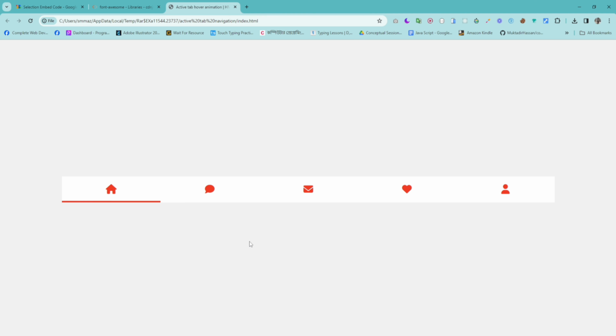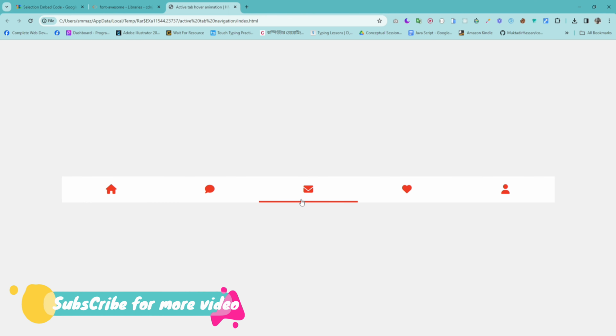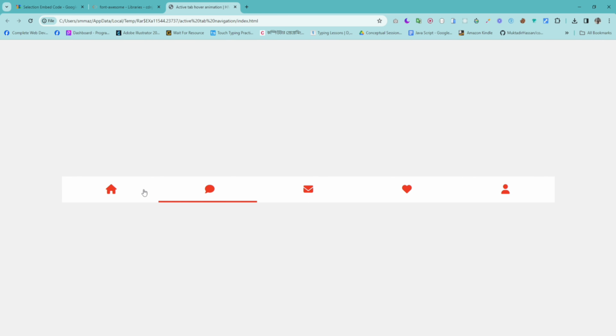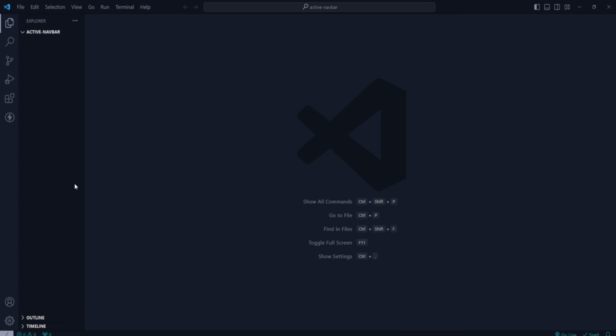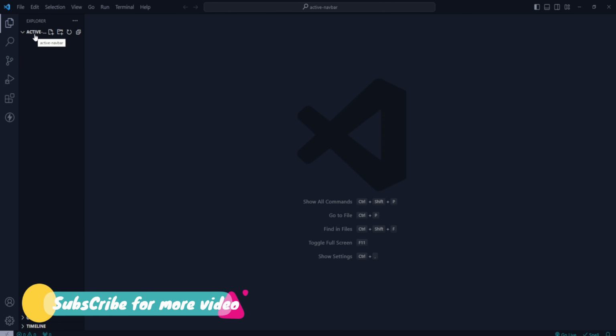Hi everyone, today we will learn how to make this navigation bar using HTML and CSS. So let's start to create this navigation bar using HTML and CSS. Now I will go to my Visual Studio Code and I already opened the active navbar folder, and under this folder